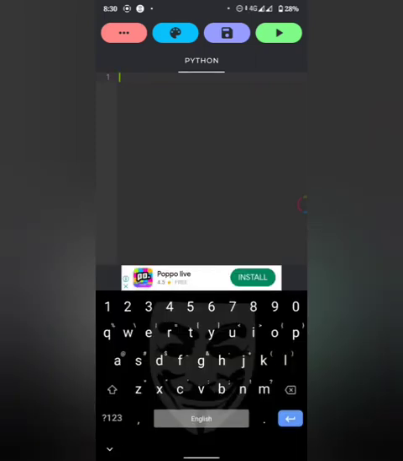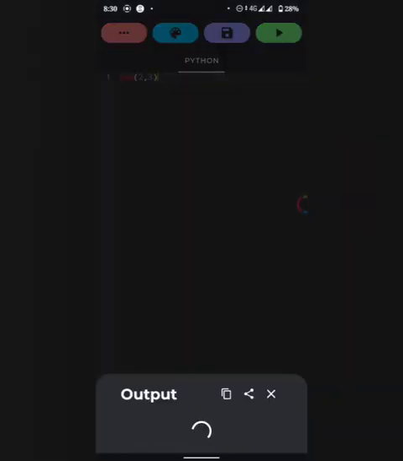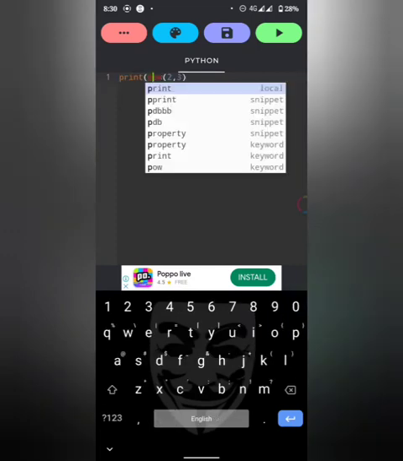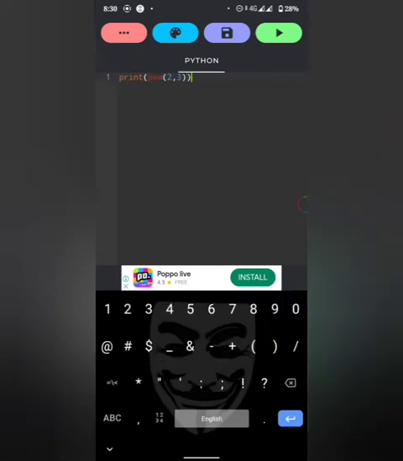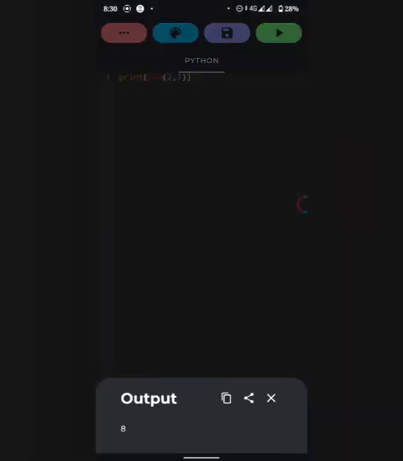For example, we have some function like pow, 2 power 3. Run and see. You see the result. Sorry, I could say print, yes, the power of 2 of 3, which is 8, you can see. And now I can say